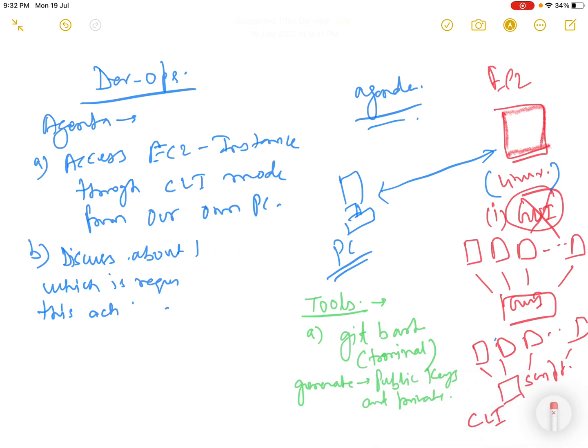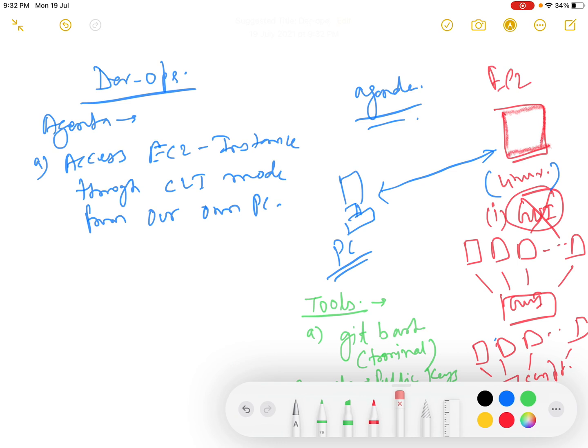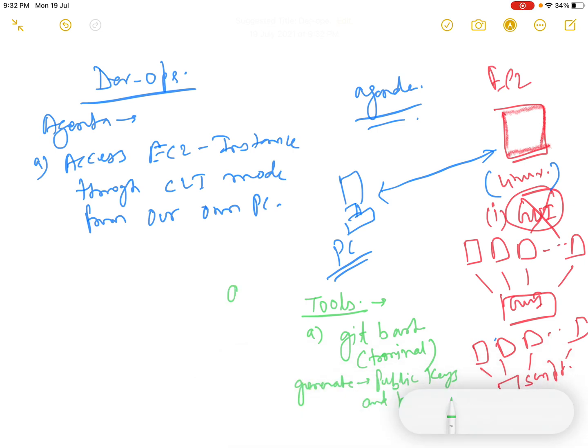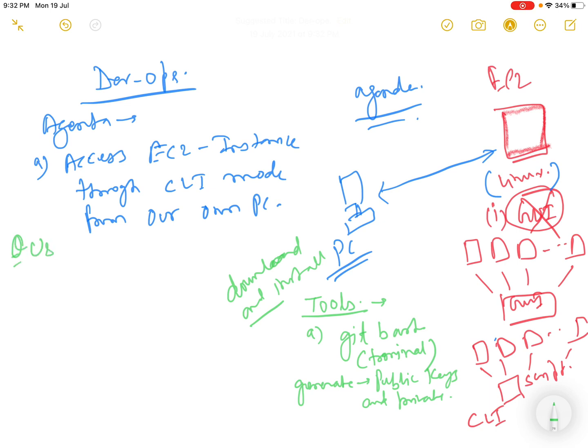In your local PC you have to download and install Git Bash or Git, so that it can generate public and private keys.